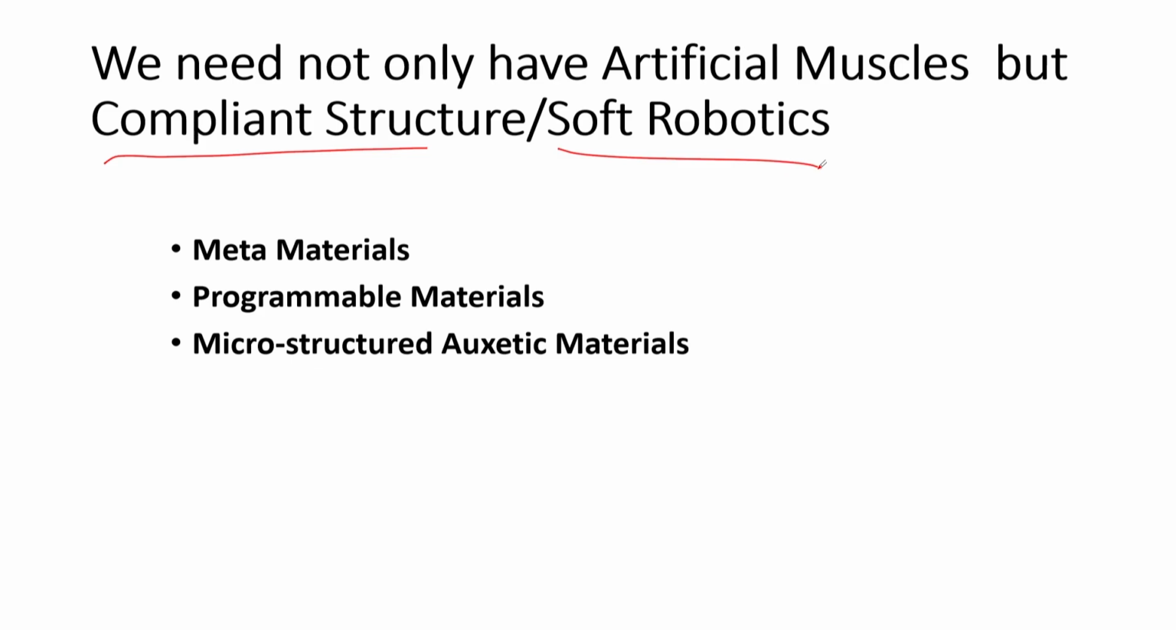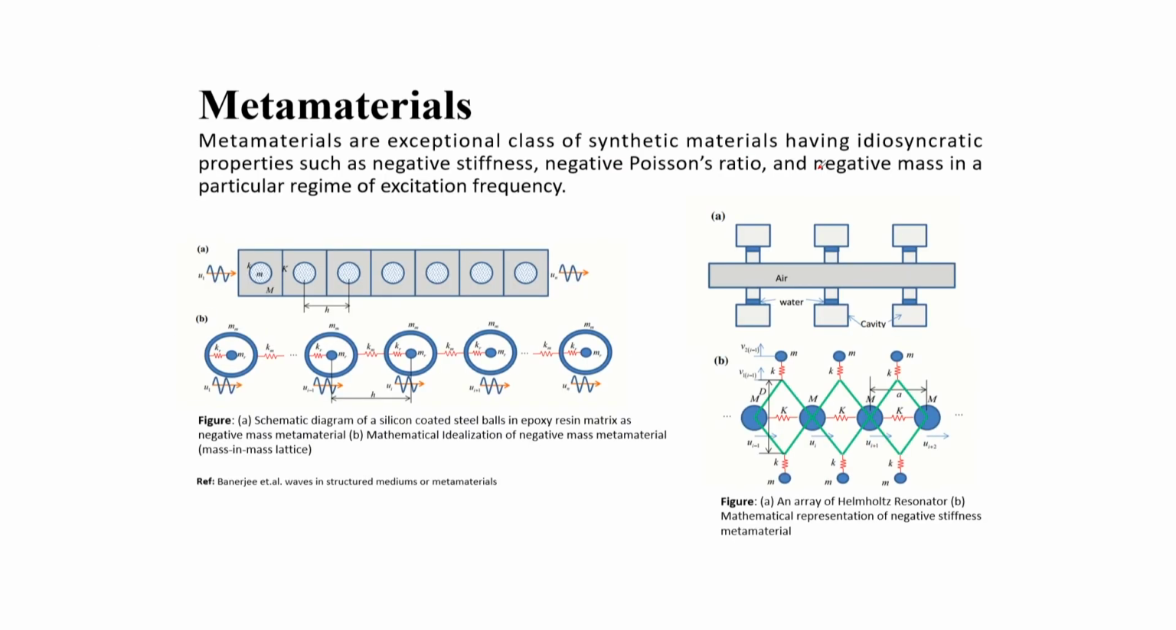Well, three important elements of such systems are metamaterials, programmable materials, and microstructured auxetic materials. I told you that materials is one of the very important considerations for the design of intelligent systems. So, let us look into what these new materials are. Well, first of all, if we talk about metamaterials, these are an exceptional class of synthetic materials having very interesting properties which you will not see in general,